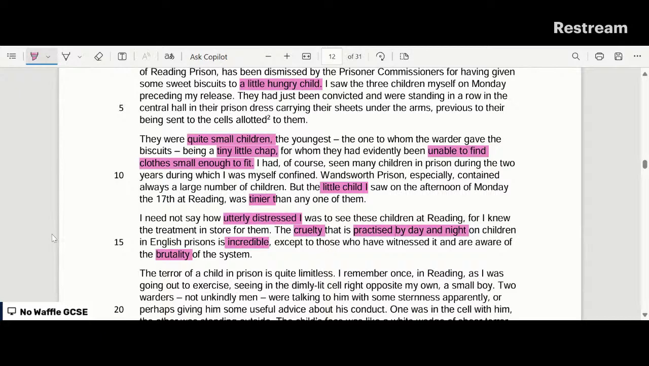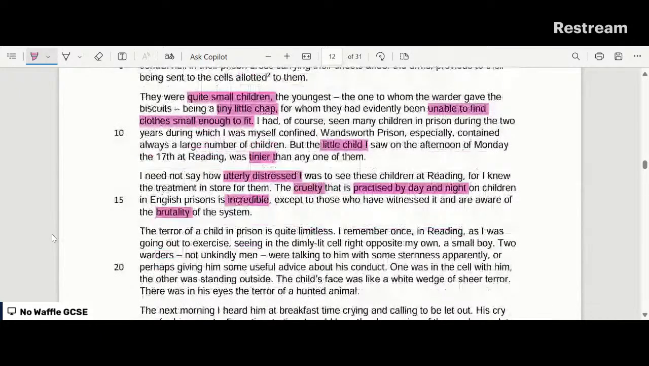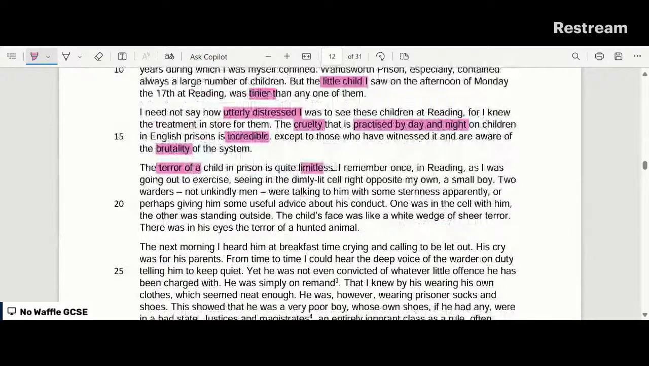So looking at the severity of the word here. Okay, what else have we got? And also the terror of a child is limitless. Not just limitless in itself, but quite limitless. Again, using these amplifiers. We've got a small boy again. And what else? The child's face, white wedge of sheer terror. You've got a nice simile being used there. There was in his eye the look of a hunted animal. So you've got a metaphor as well. And you've got that animalistic tree. It's almost like prison is stripping children of everything that differentiates them from being animals. Their voices are being taken away. They are being dominated by adults